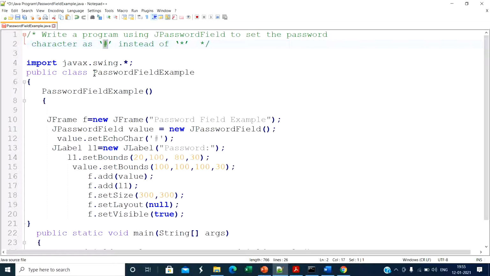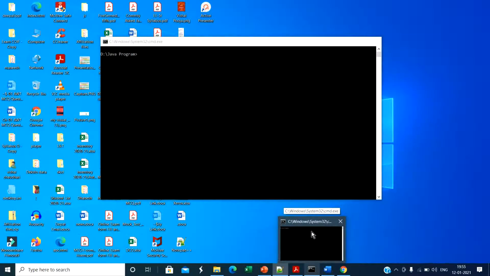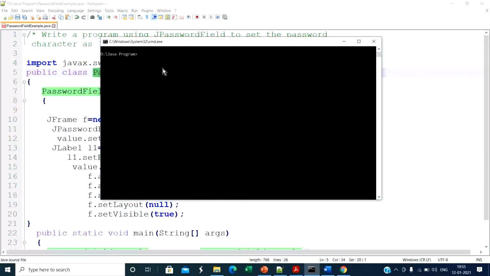Now save this program by the name PasswordFieldExample, and then we try to execute it. First open the command prompt, set the path, and the first command is javac space filename dot java. Here our program is compiled successfully. Then we run the program to get the output.